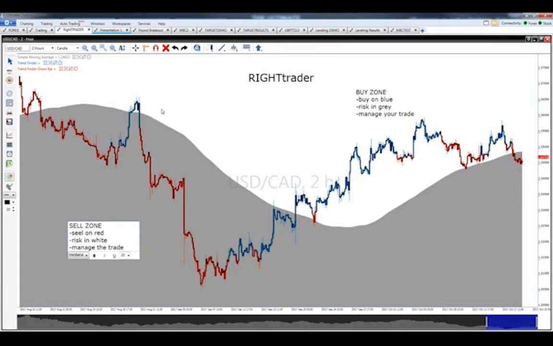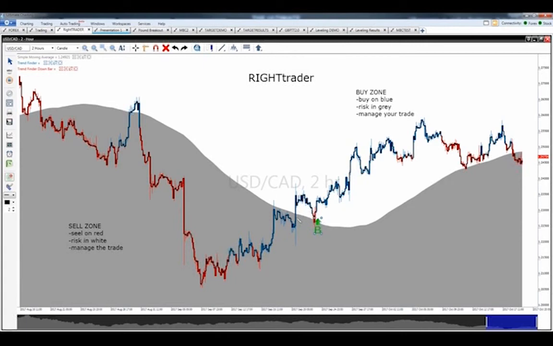Okay, so this is what we're looking to do. In an example like this, our entry point, our opportunity is creating itself, and I'll show you this visually right now, and then we'll do it as a real-time opportunity. If we follow the rules, when we break through from one zone to the other, what we're looking to do is, when it's the opposite color, when it's red, like it's breaking through right here, as soon as it turns blue, this would be our entry point, our buy right here.